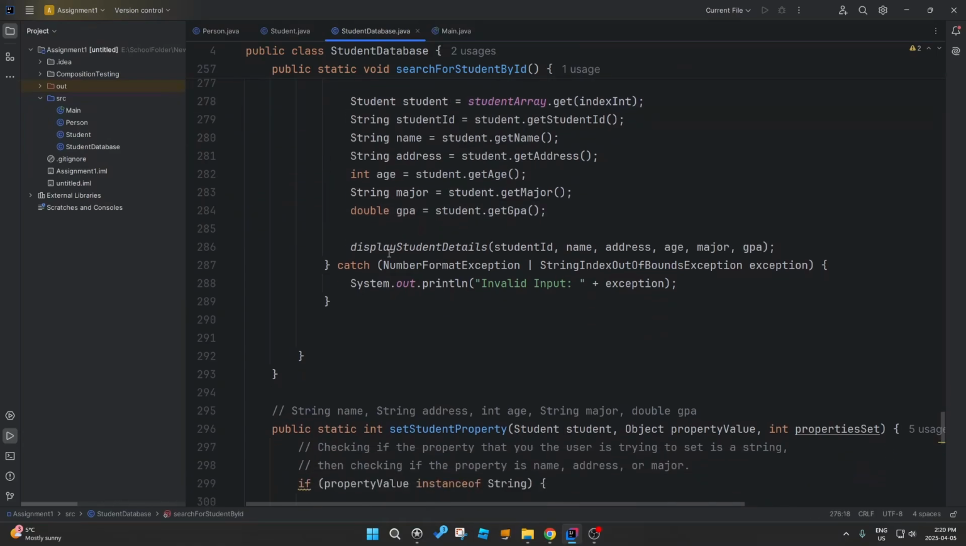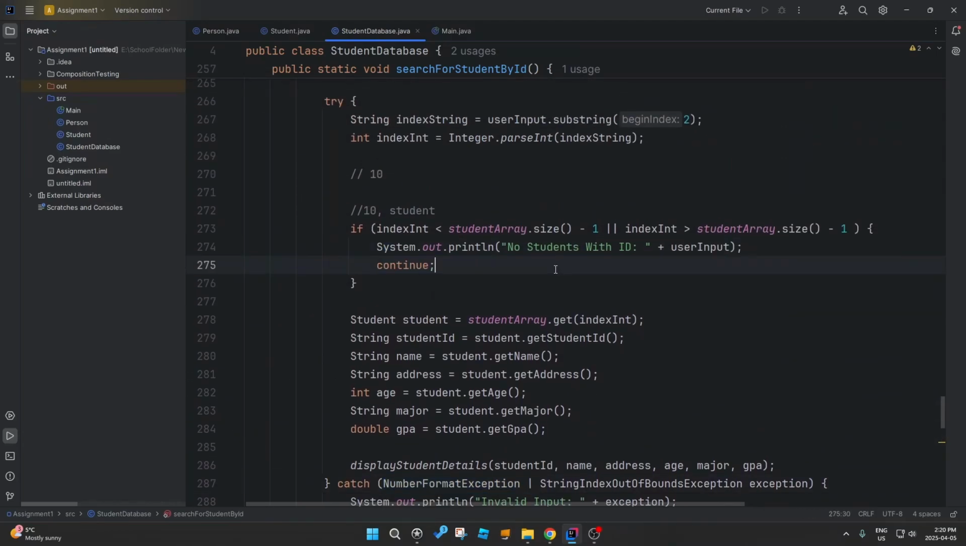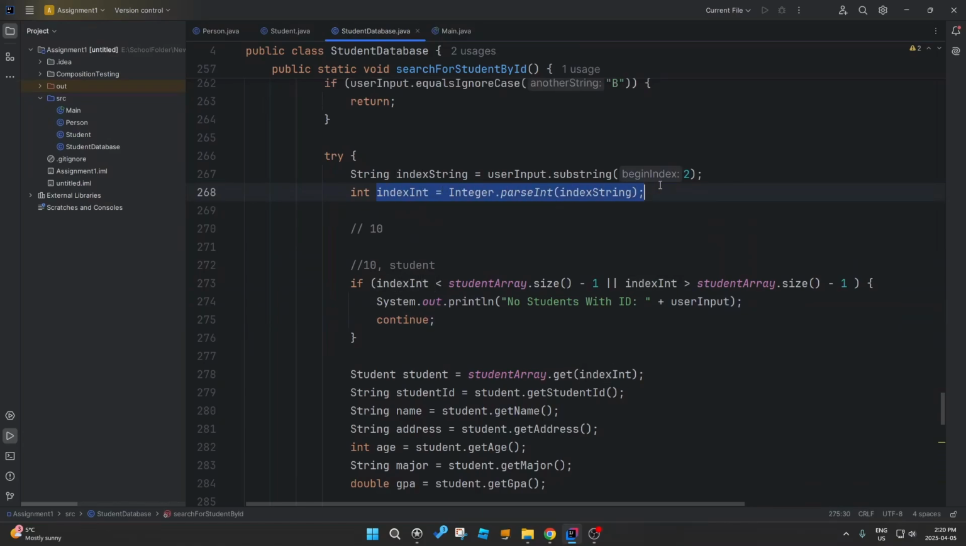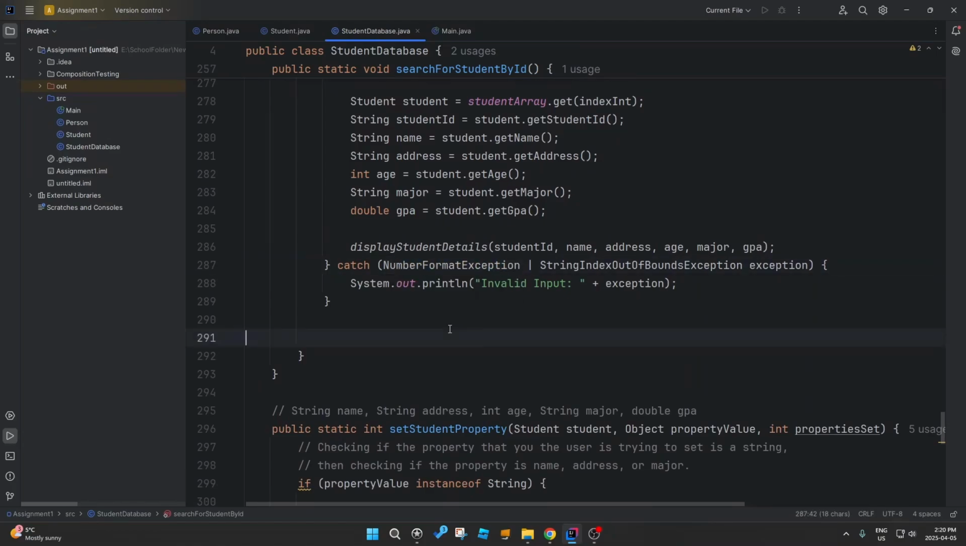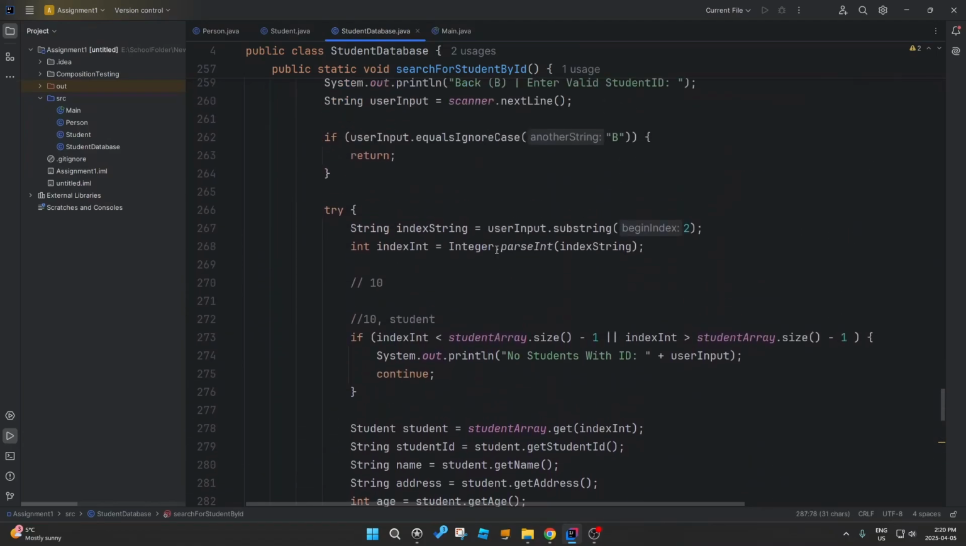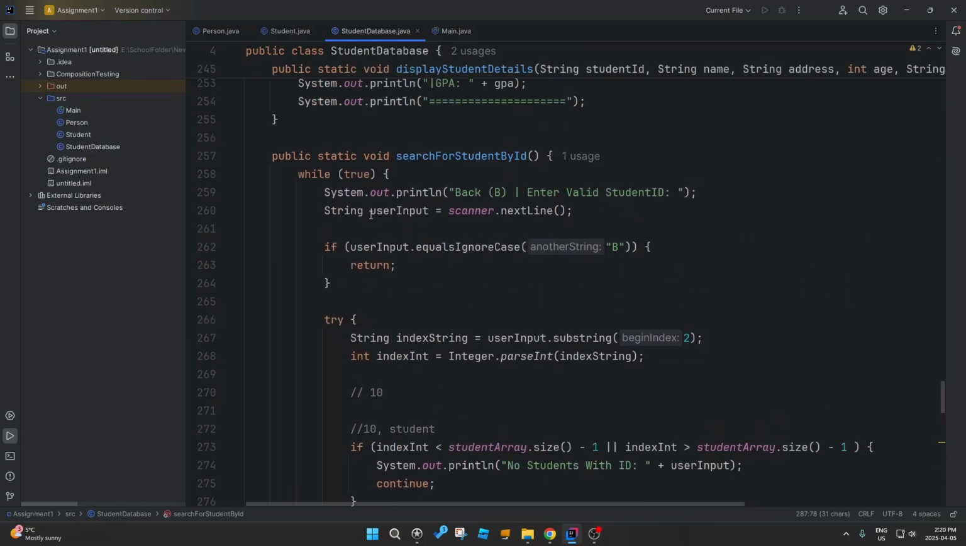Then I just display the student details again. And then here's where the error is actually caught. If this throws an error, so if the user inputted a non-integer, well then it will catch that error and it will say invalid input, the error. Now the string index out of bounds exception occurs